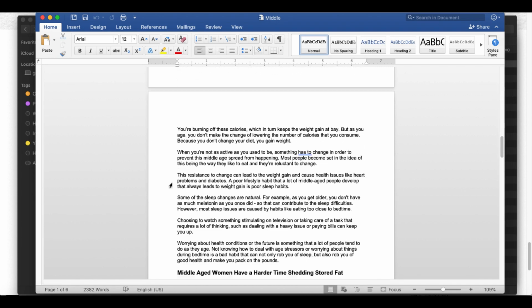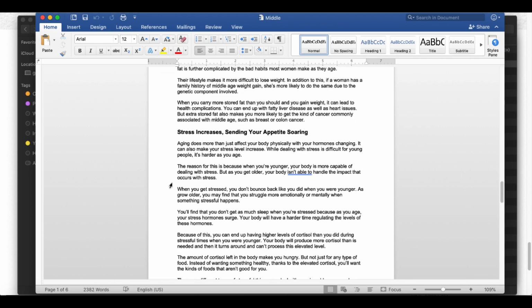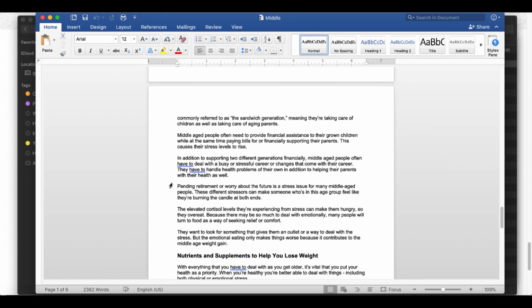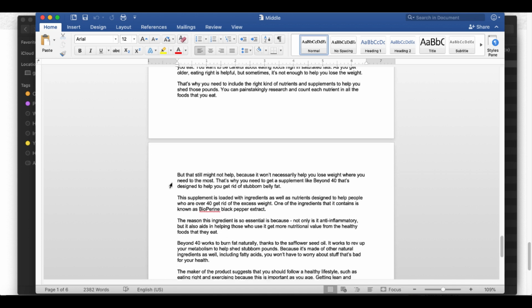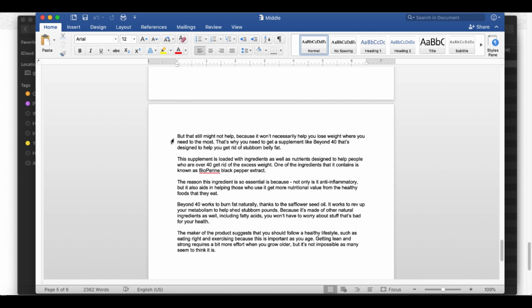Then you scroll down to the bottom past all the other headlines. We'll come back to those and we're going to use those. But what we want to focus in on is the end of this report. But that still might not help because it won't necessarily help you lose weight where you need it the most. That's why you need to get a supplement like Beyond 40 that's designed to help you get rid of the